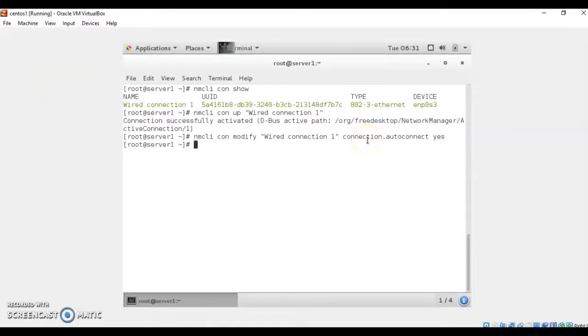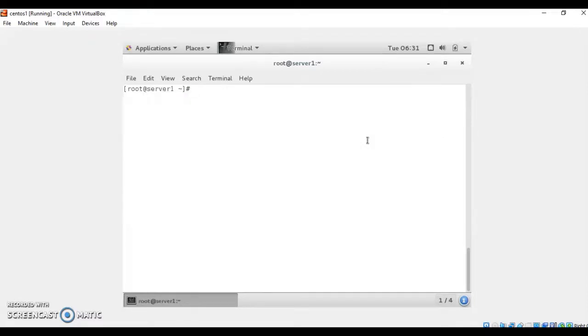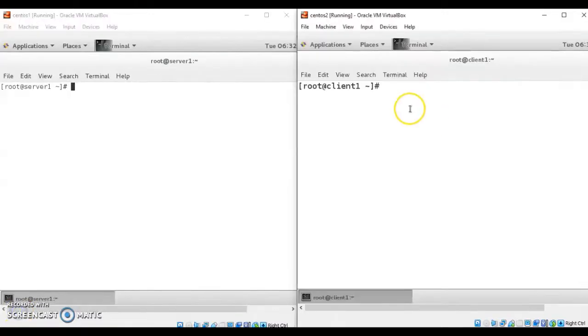So this will automatically bring up your IPv4 connection for this virtual machine. Again you can check it by using ifconfig. So this is one of the alternate ways to assign an IP address to your machine. You can also repeat the same procedure for your client machine as well.